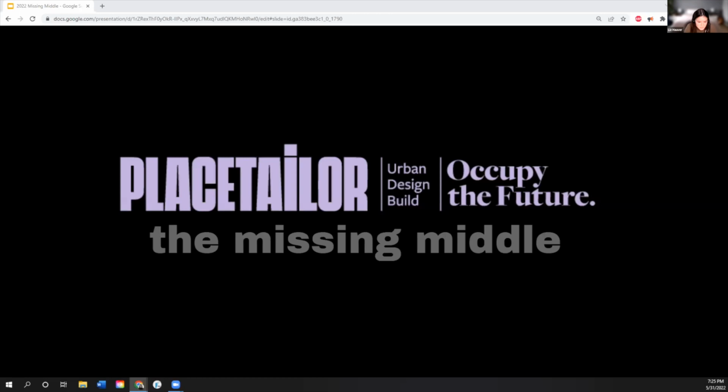All right, so I'm happy to be here and give you this breakdown of the missing middle typology from Placetailor Elton Hampton's perspective, which I may refer to as future housing throughout the presentation. To give a brief precursor to my content, we are a Boston-based firm, and the zoning regulations here favor the missing middle typology, as we see it essential for providing more housing options. Our zoning code has what are called smart growth overlay districts. These districts encourage a diversity of housing opportunities to increase the availability of affordable units at a range of housing choices for households of all incomes, ages, sizes. This is in order to meet the current and anticipated housing needs, because we are in an extreme shortage.